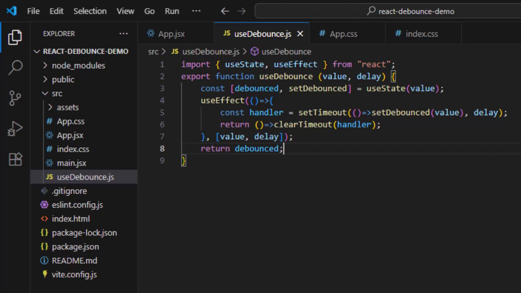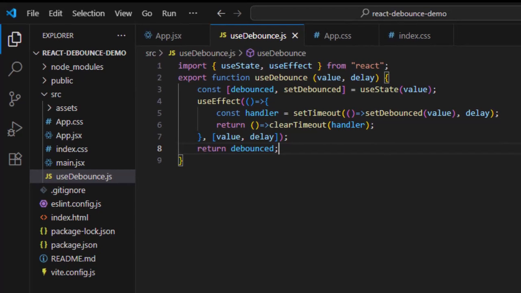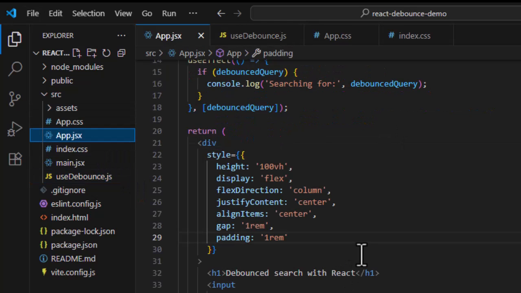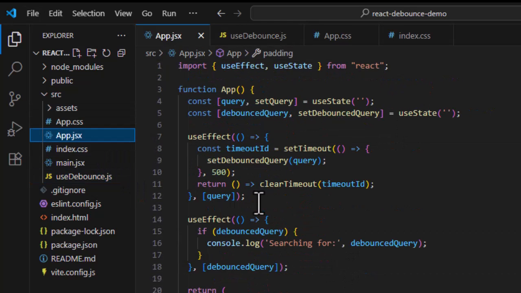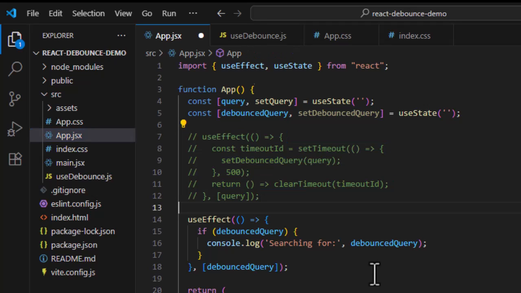So this is the same thing which you saw in app.jsx, but I have cleaned things up by extracting the logic into a reusable custom hook called useDebounce. Now you can debounce any value, a search, a filter, even a window resize event. So let me show you how to use that. So if I go to app.jsx and here I'm going to comment out this useEffect and replace it with